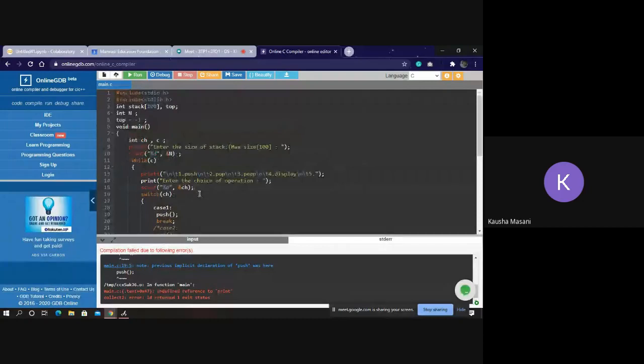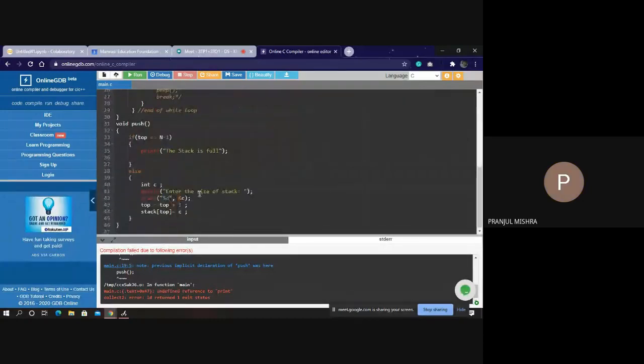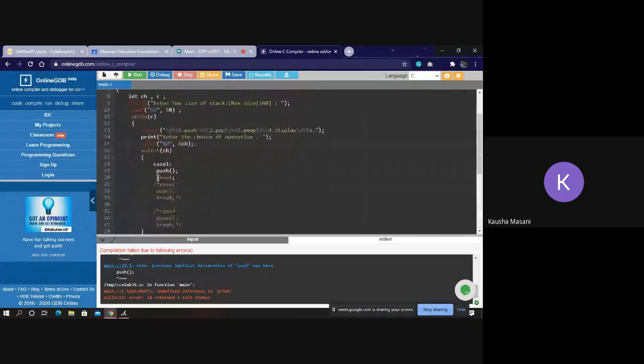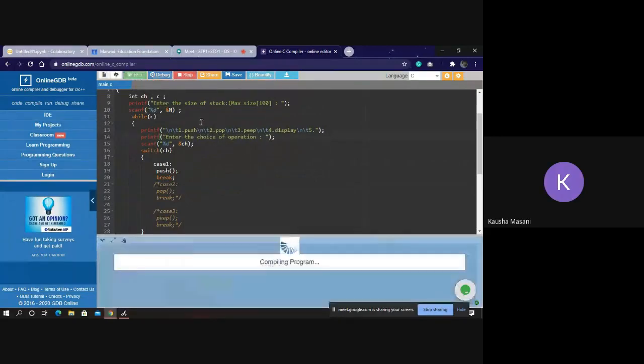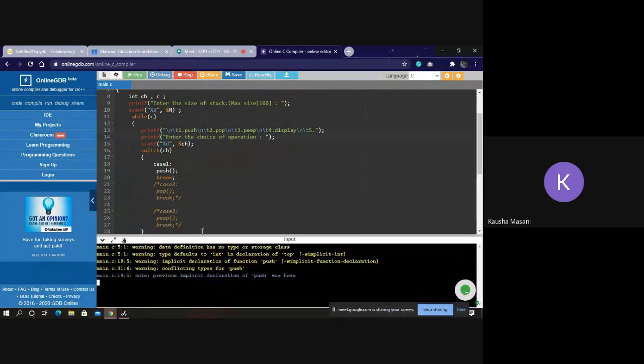Line number 14. Pranjul, 14. Yes, ऊपर, ma'am. Line number 14. राज बोल भी रहा है. हो गया? ठीक है?